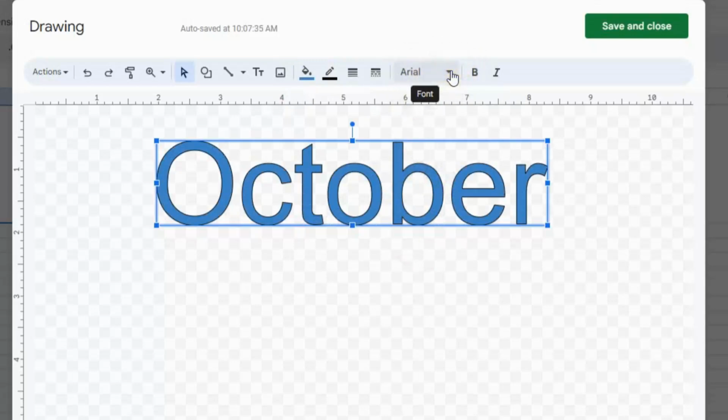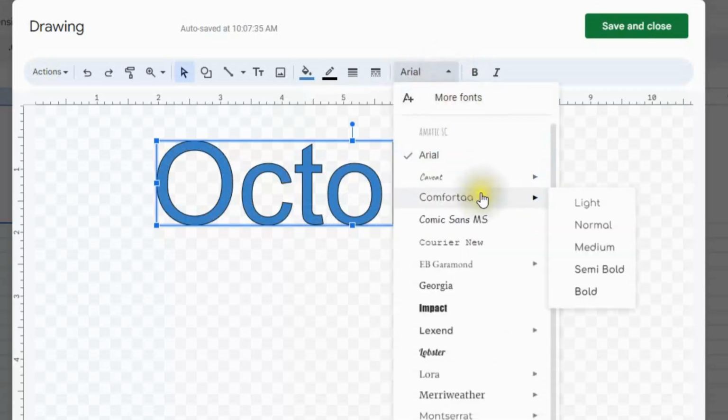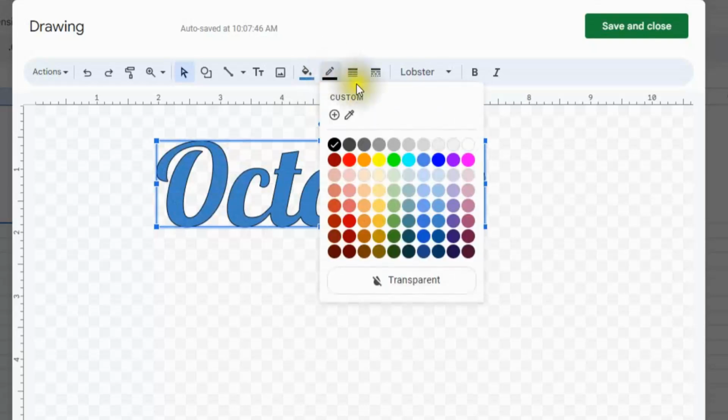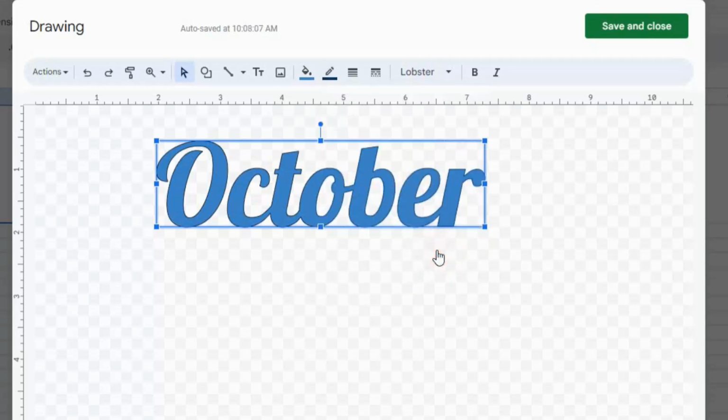And now I'm going to change the font. Go ahead and just click on the font here. And you notice I have many different fonts. I'm going to choose Lobster. There we go. Now I have the word October in the Lobster font with the dark blue color. Now if I wanted to, I could change this little outline color as well by simply going into what's called the border color and then changing it. Maybe I want that to be a dark blue 3. So you can still see a hint of it.